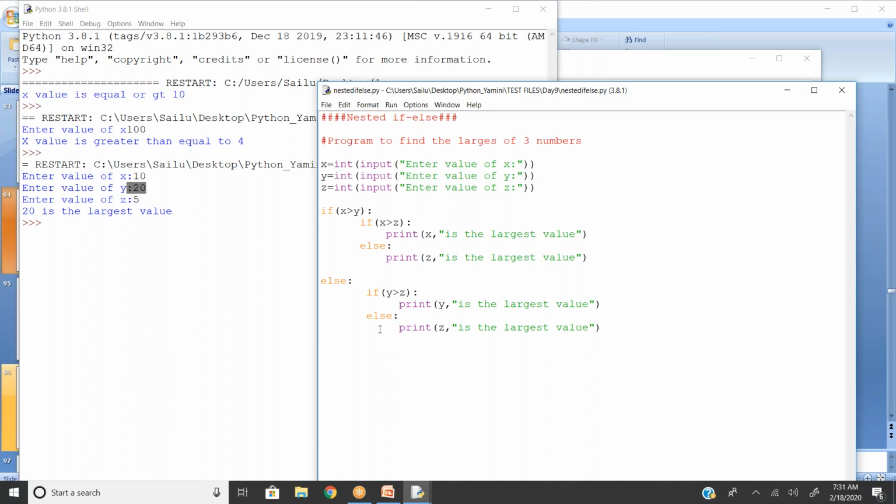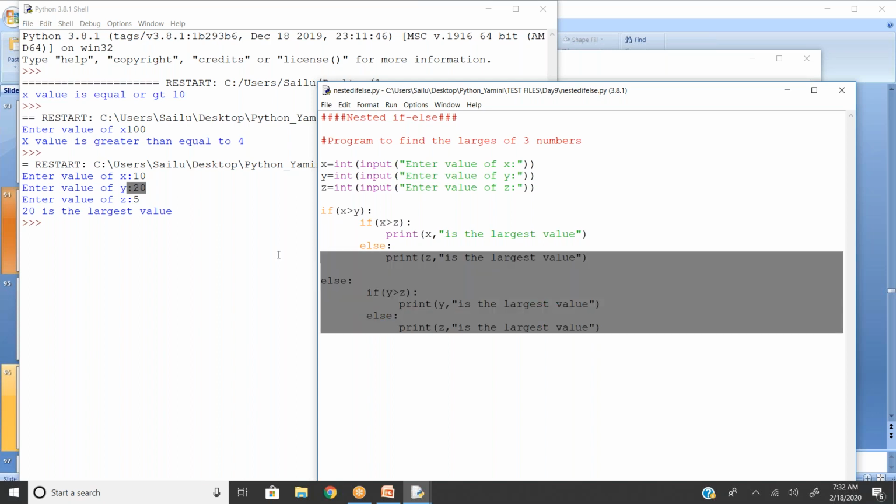What if I have 3 values? How can I write it? Generally, what we'll do, we'll see if the first number is greater than the second number, and first number is greater than the third number or not. And again, in a second iteration, you'll check if the second number is greater than the first number, or the second number is greater than the third number or not. You'll check in the same fashion, right? The same thing I have written here.